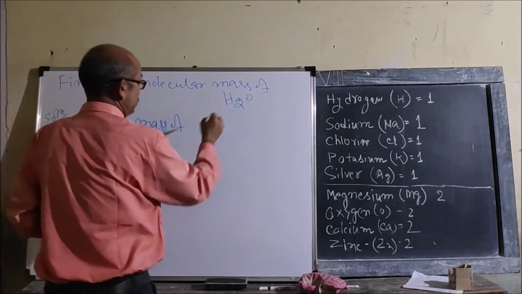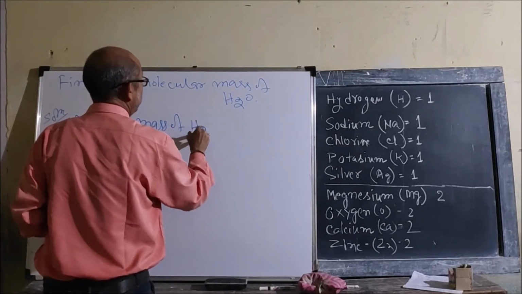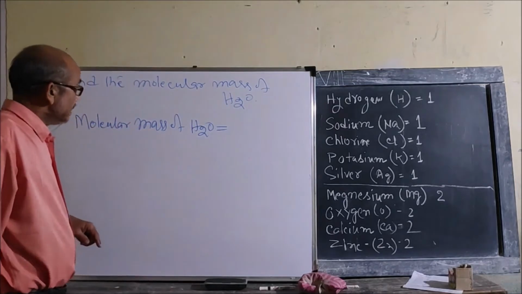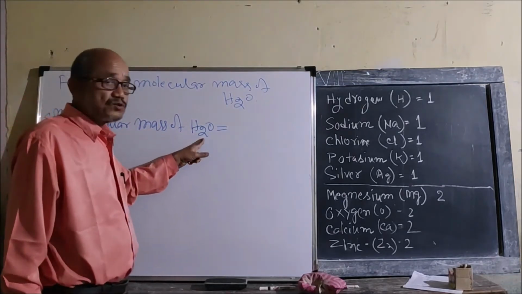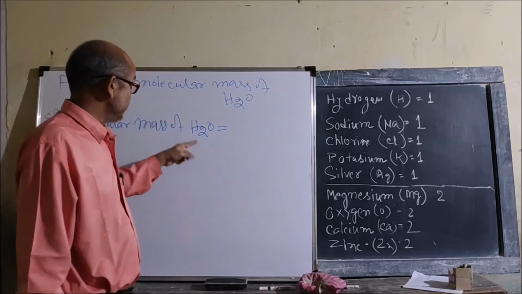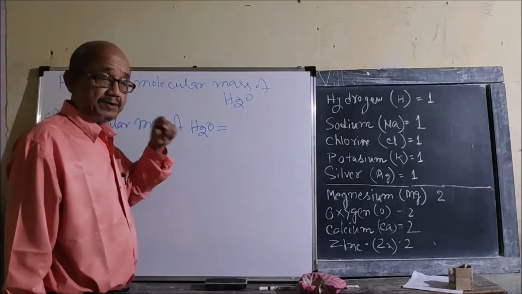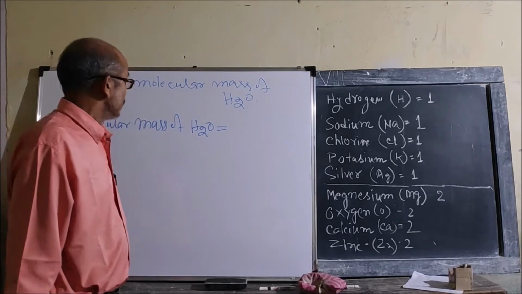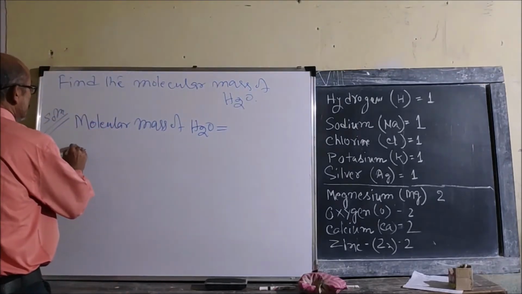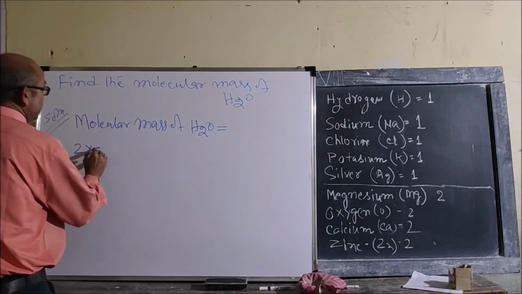Molecular mass of water is equal to... here you see this 2 means two atoms of hydrogen. Number of atoms is 2. So we can write it as equal to 2 into